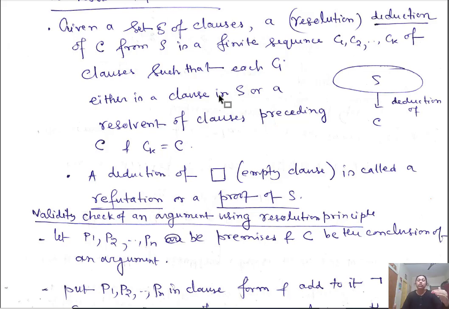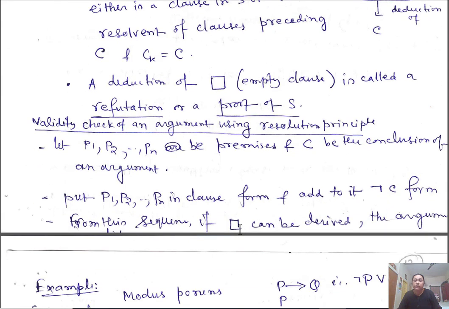Resolvent means, as I said, if one clause has a literal L and another clause has the literal negation of L, then you can construct a new clause by deleting L and negation of L. That is the resolvent. So you form the resolvent in this way. And finally, if you ultimately get the empty clause, then actually